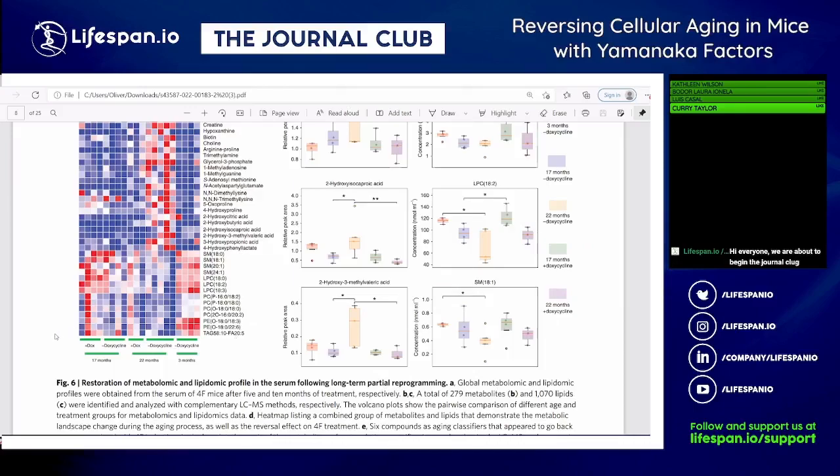So that's going to tie into a particular biochemical state that I would assume is more efficient and more optimal in a younger mouse, and that's why you have that level of a certain metabolite versus a difference in an older mouse. So now we have 17-month-old, 22-month-old, and 3-month-old mice. So these are the young mice right here,